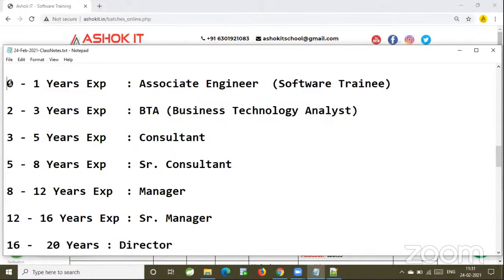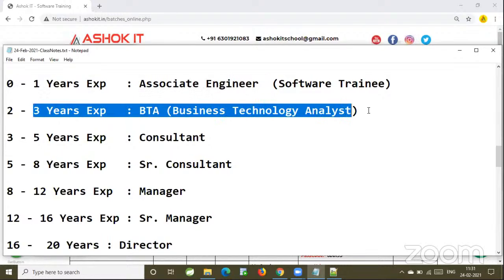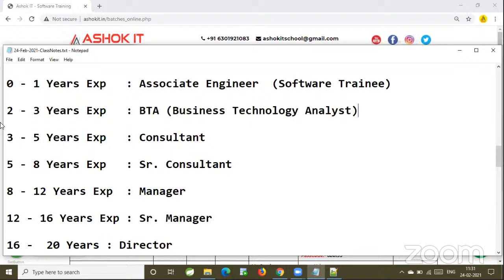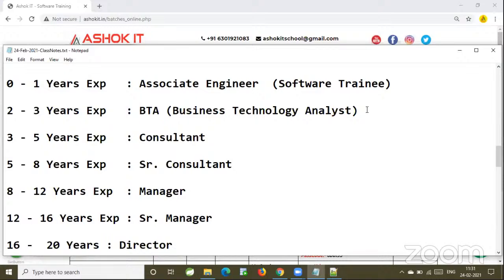They will observe you for 1 year, how you are working. If you are doing good work, then they will promote you to BTA, business technology analyst. You will be in the BTA for 2 to 3 or 2 to 4 years. If you are really doing good work, working independently without taking much help from others, then they will promote you to